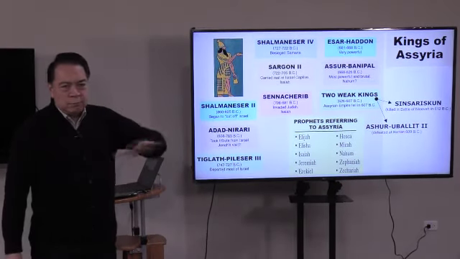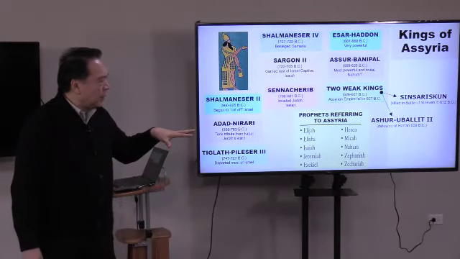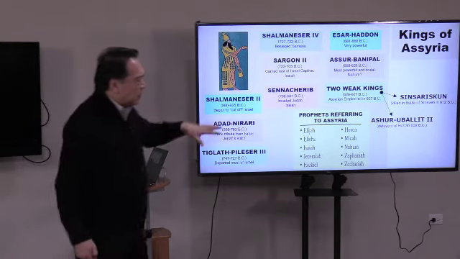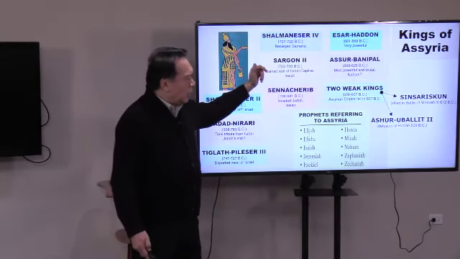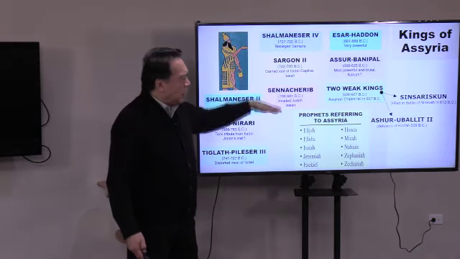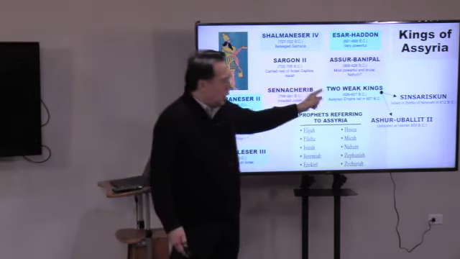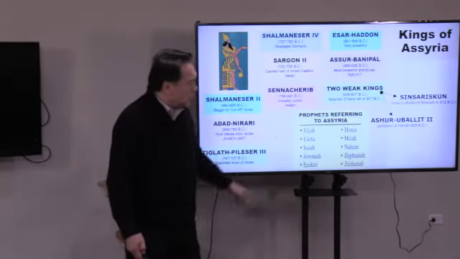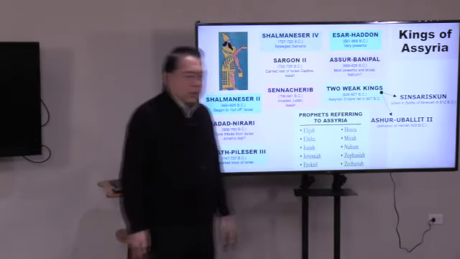They controlled most of the territories during the time. Okay, but remember what happened, as great as Ashurbanipal was, somehow the Assyrian Empire went into a decline, and we have two weak kings, the first is Sinsariskun, who was killed in battle, the Battle of Nineveh in 612, and then Ashur-uballit, the last king, was defeated at Haran in 609 BC.